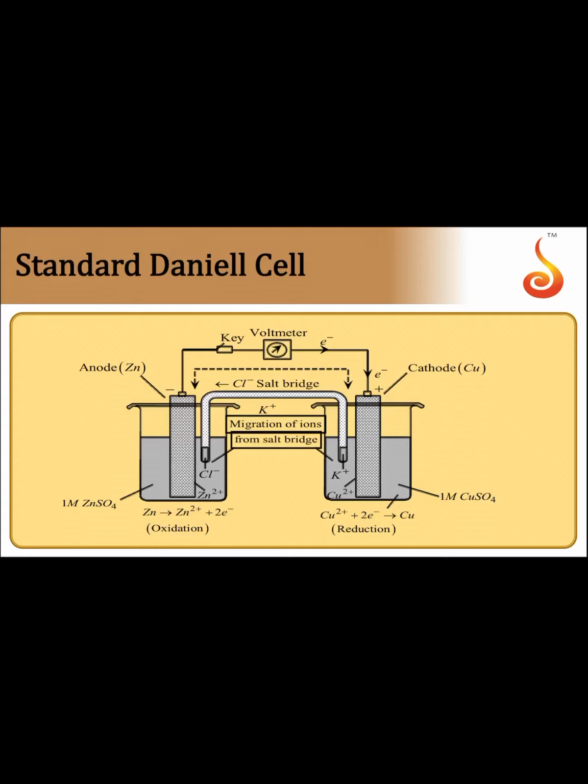Standard Daniell cell. In the standard Daniell cell, Zn is the anode and copper is the cathode. Zn will undergo oxidation, Cu will undergo reduction. If we calculate the standard electrode potential of the Daniell cell,